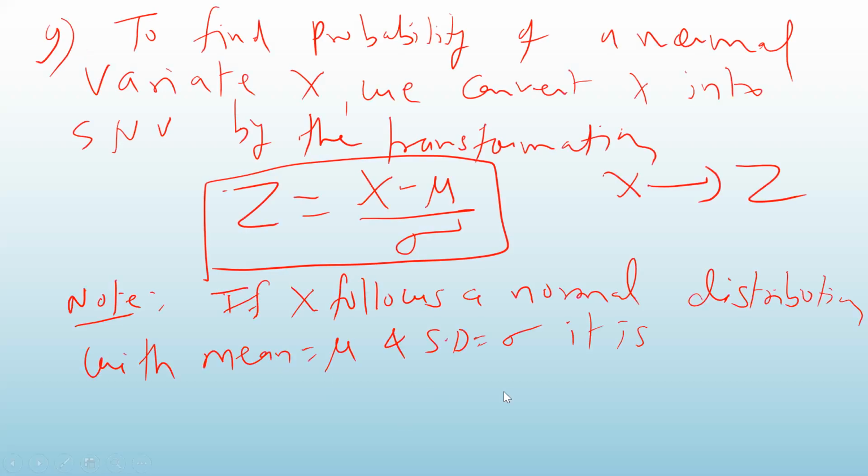If x follows a normal distribution with mean equal to mu and standard deviation equal to sigma, then in symbolic way, it is written as